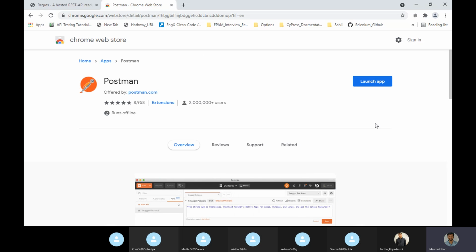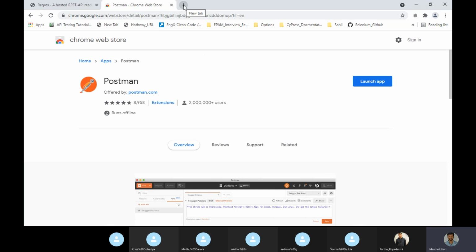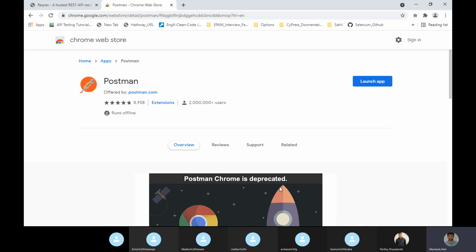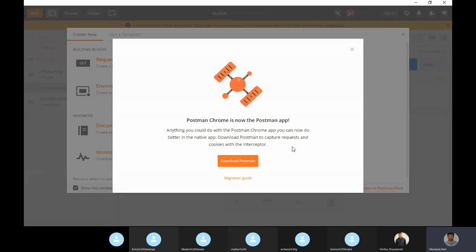If you want a downloaded one, the Windows application, that also we can download from Google. Search for Postman for Windows, and that will be downloaded and can be used as well. Anything is fine, because if you do Launch App, it will open in a separate window, not in the browser.